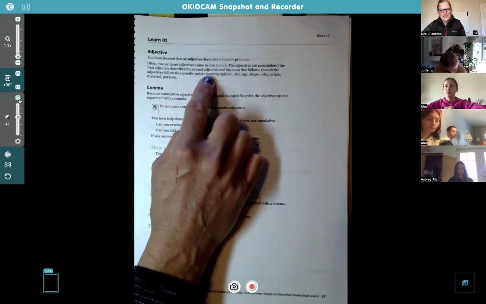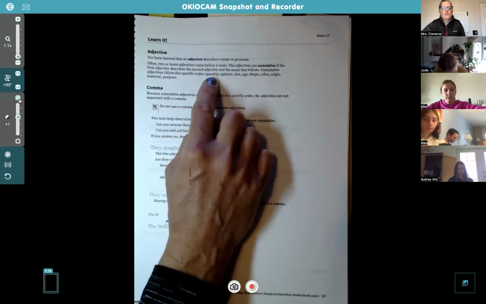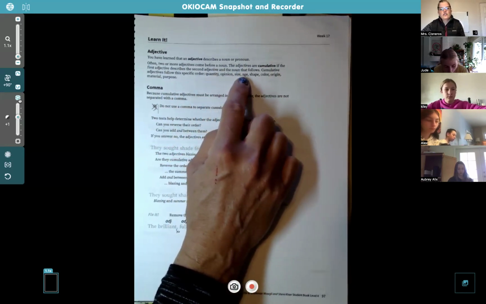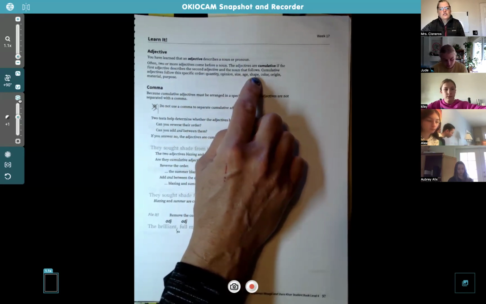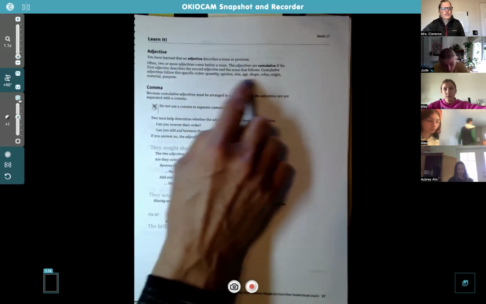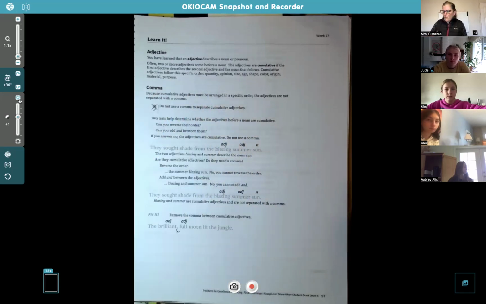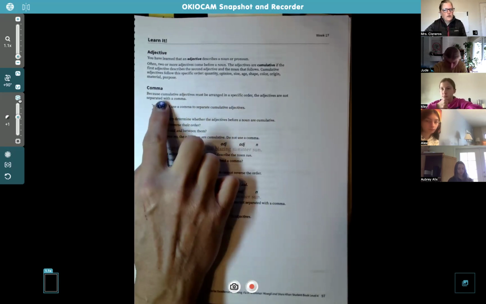This is English. You know, English is tricky and it's one of the most difficult languages to learn. But here you go. This is how we order adjectives. Quantity, that means like how many. Quantity, opinion, size, age, shape, color, origin, material, and purpose. This is the order of how we list adjectives when we're talking about a noun. And the video I'll show you after this page, but the next thing we're going to talk about, though, is